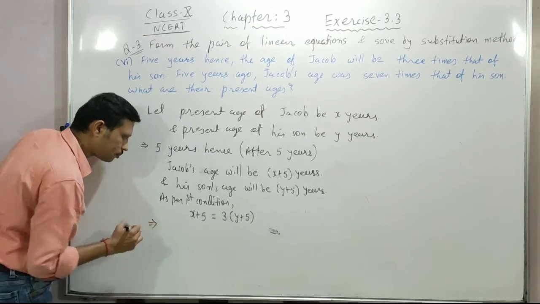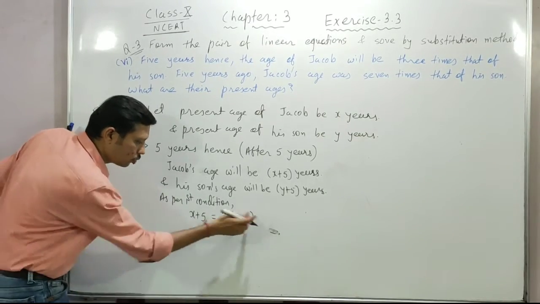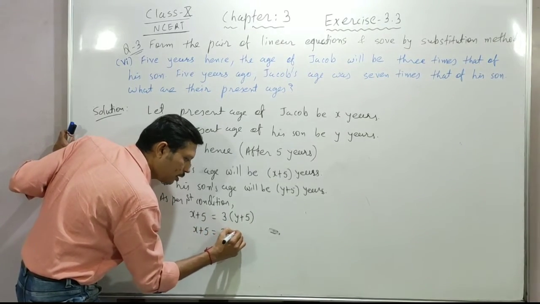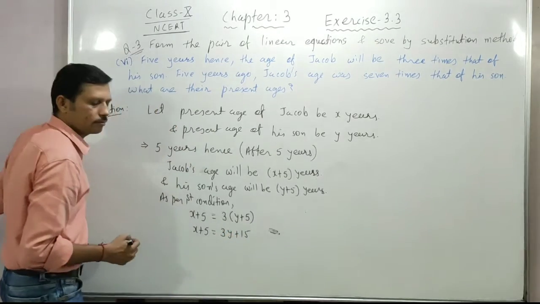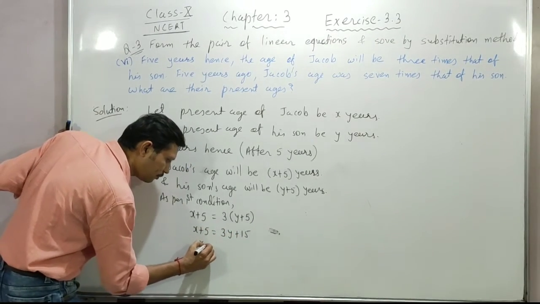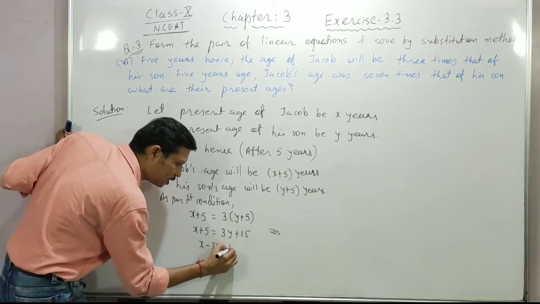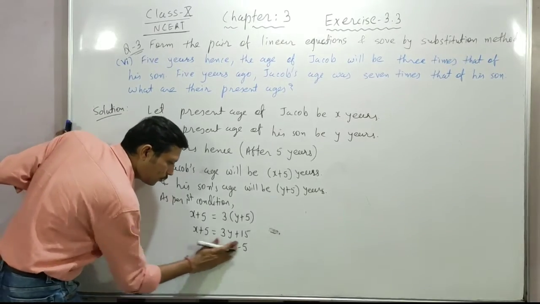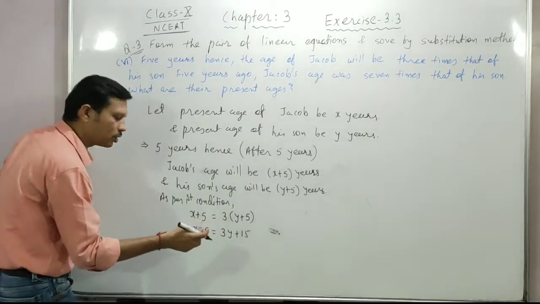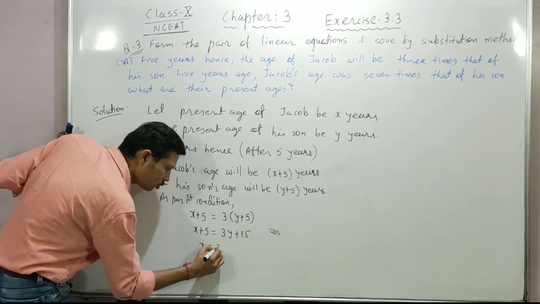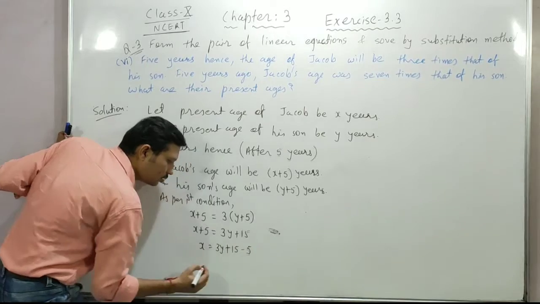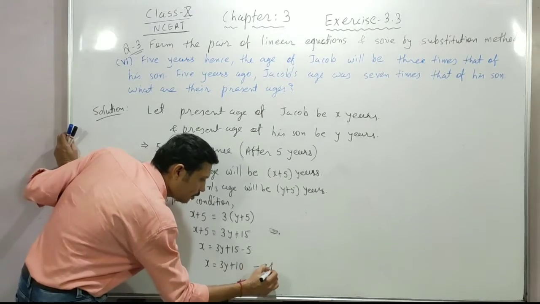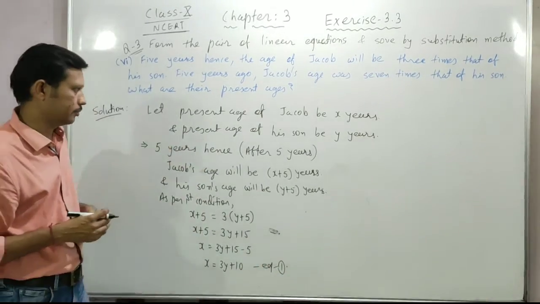Okay. So now we will simplify it. For that we will multiply here by 3. So it's 3y plus 5 3s are 15. Okay. And now 3y we will shift here. So x minus 3y is equal to 15 minus 5. So here we are following the substitution method, so only 5 we will shift here. So x will be what? 15 minus 5 and then 3y plus 10. Give it equation number 1. Okay, that's it.